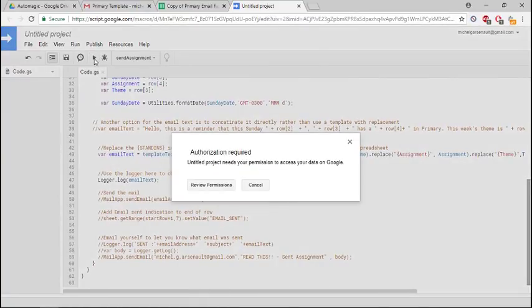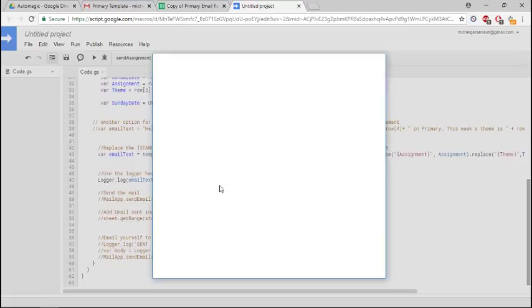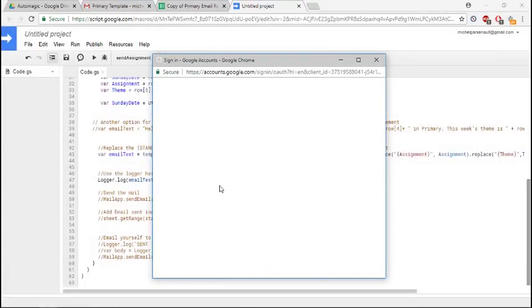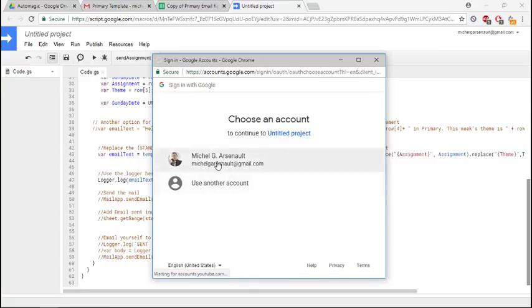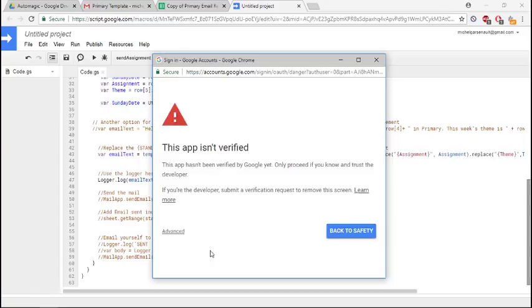It's going to ask you to give authorization. So basically this is just giving permission to the script to have access to your Gmail account and to the Google Sheets. It will give you a warning that it's a dangerous thing to do, because if you just got this script from somewhere you don't know, you might not know what the script is doing. And if you don't feel comfortable doing it, that's fine, but you won't be able to use the script. So it's not a verified